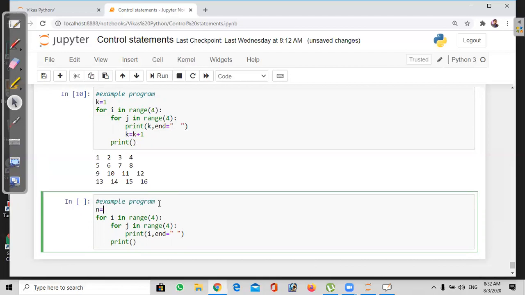For example, n equal to 5. Here 1 comma n plus 1. Just here also take 1 comma n plus 1, and still take i.